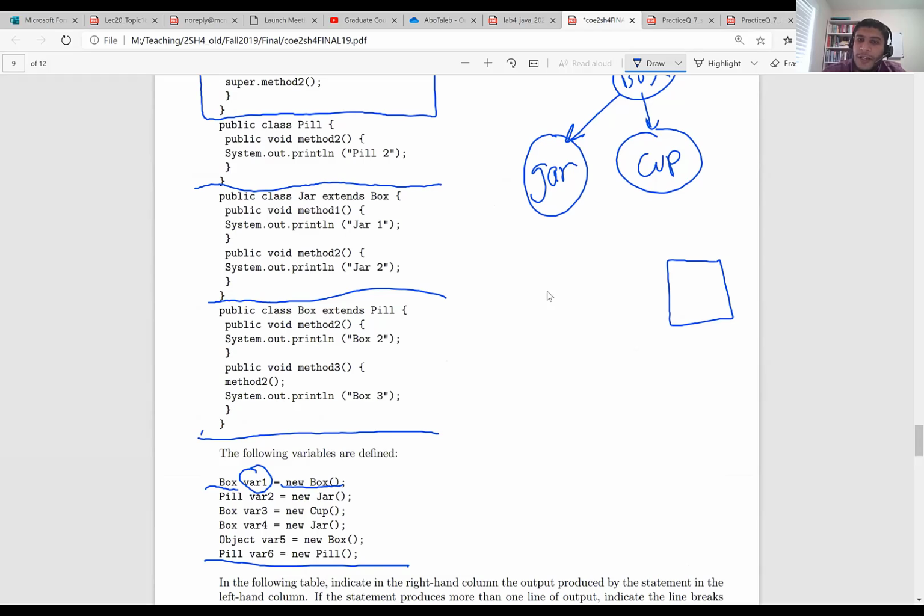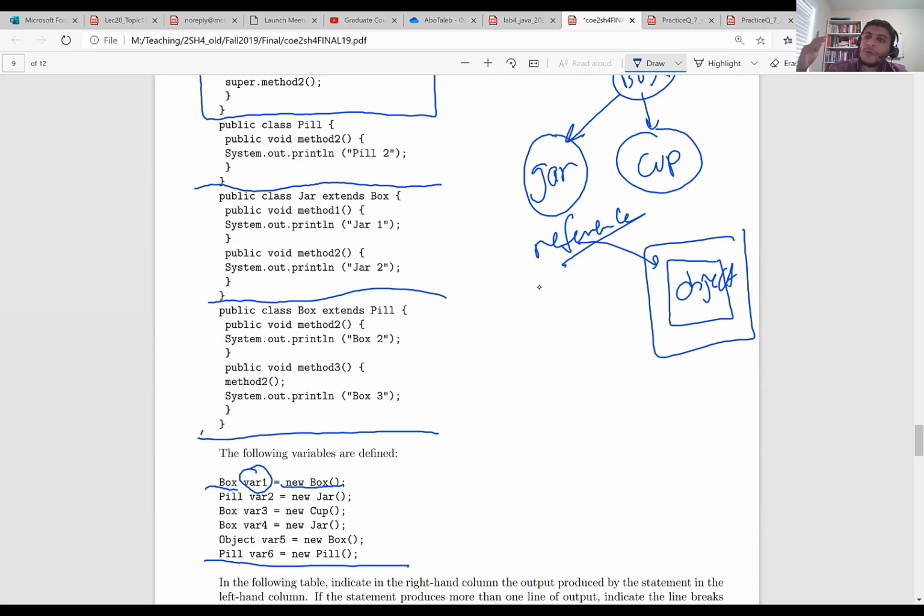What should I look for in any object variable? Reference and object type, Katie, thanks. So you have the object in the memory, and then you have the reference into it. By knowing these two, and you know the rules you should apply for inheritance, you are done with such kind of